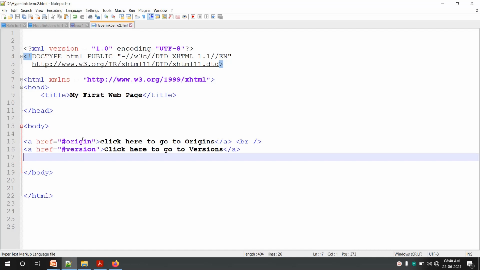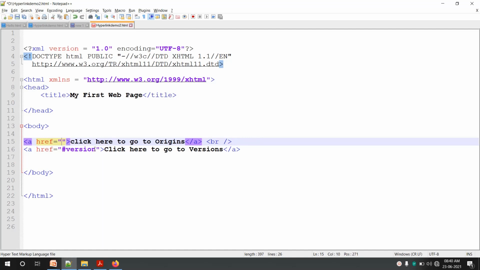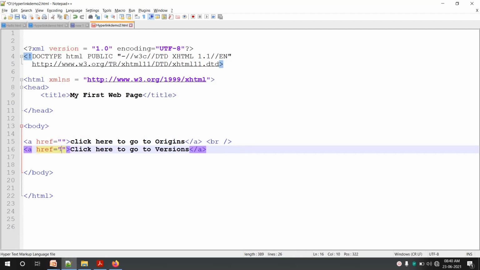So what changes we have to do? We have to just add, okay, I'll just remove this again. To open that particular page, as we did in the first example, we need to add the file name of that page.